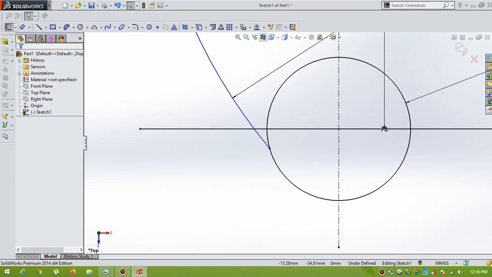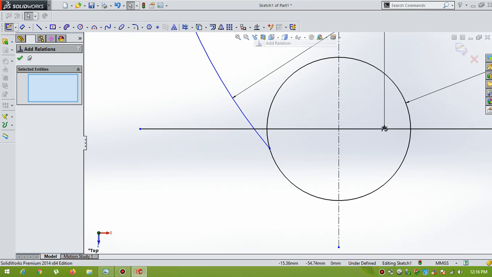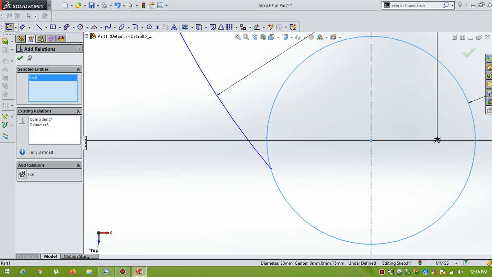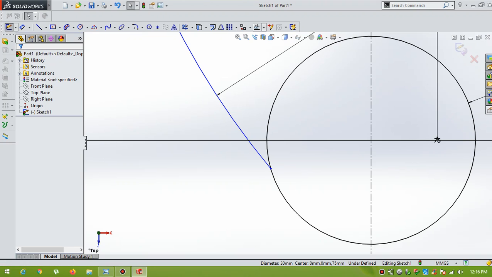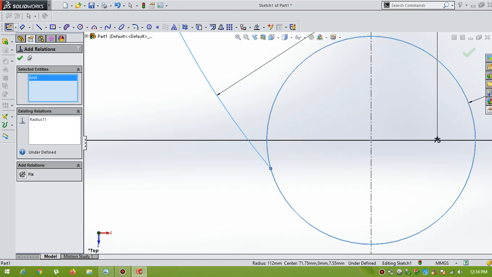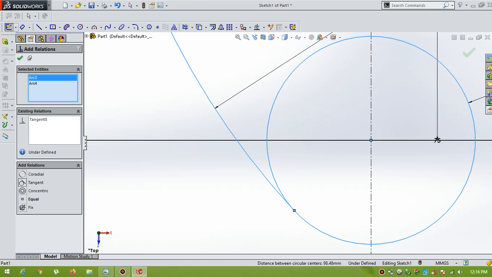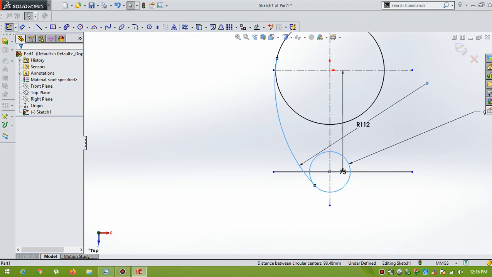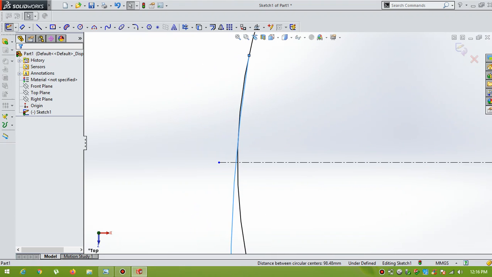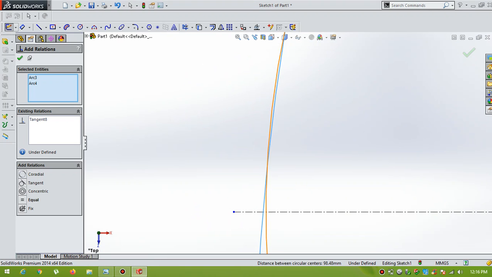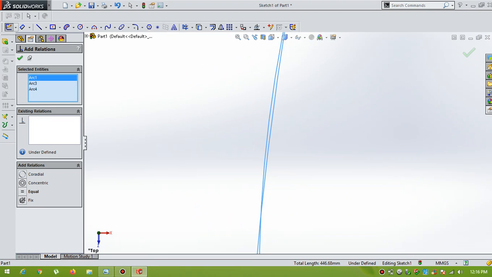Now click Add Relations, select the arc and the circle, add relations, click arc and circle, give Tangent. Okay, and here also give arc, add relations, click tangent.